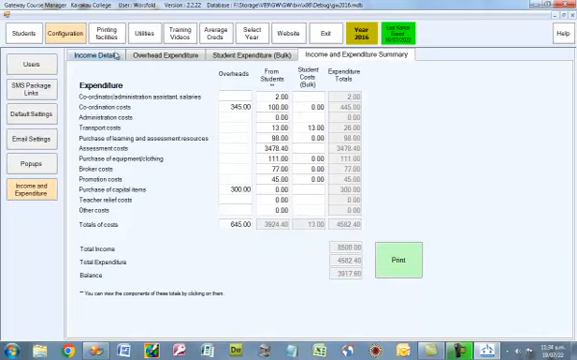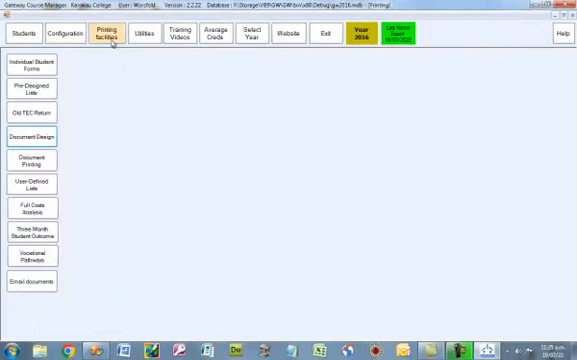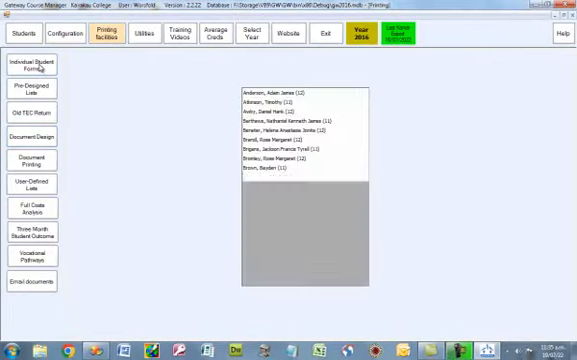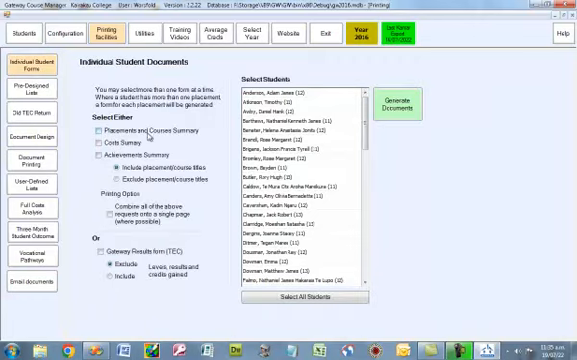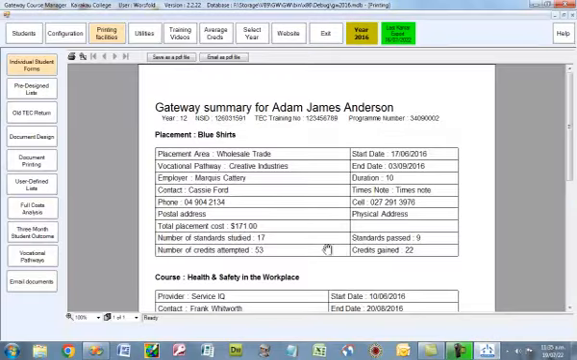Okay, moving on to printing facilities. Large number of pre-designed lists and documents. Individual student forms, placement course summaries, cost summaries, achievement summaries. For example, a placement course summary for that particular student, you can multiple select, generate the document, and there it is. And you can scan through it and print it and save it as a PDF file, email it as